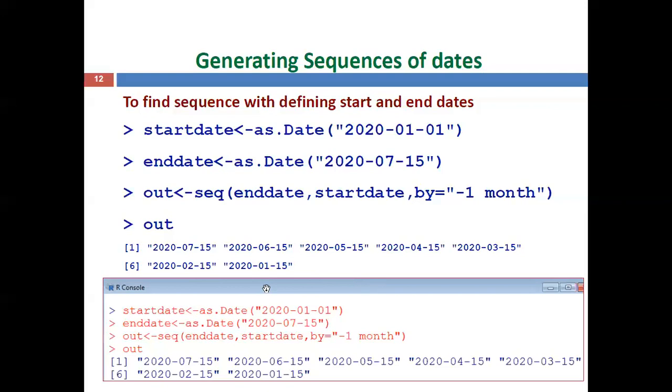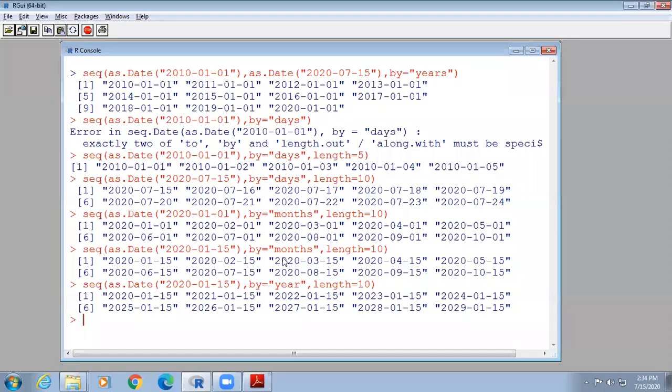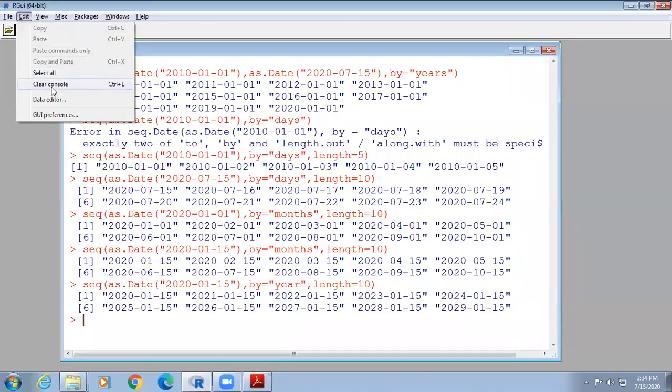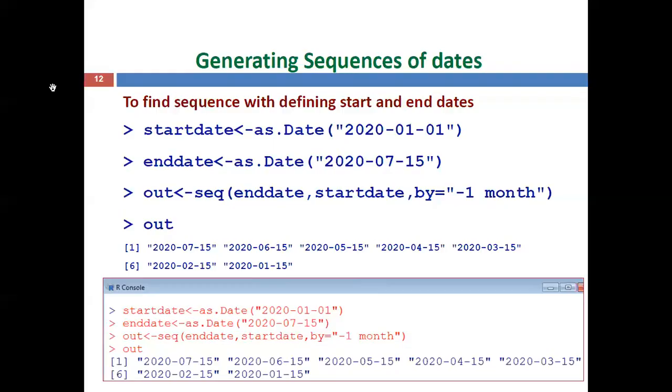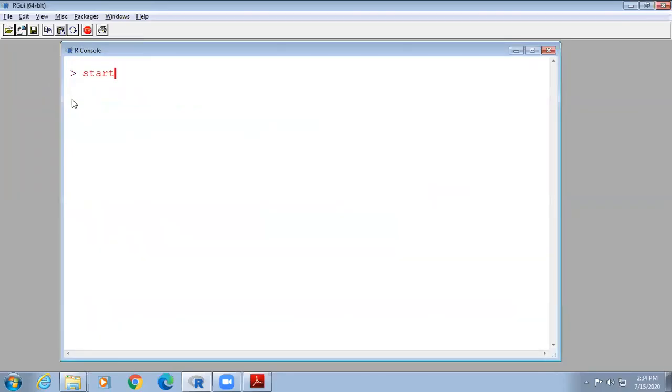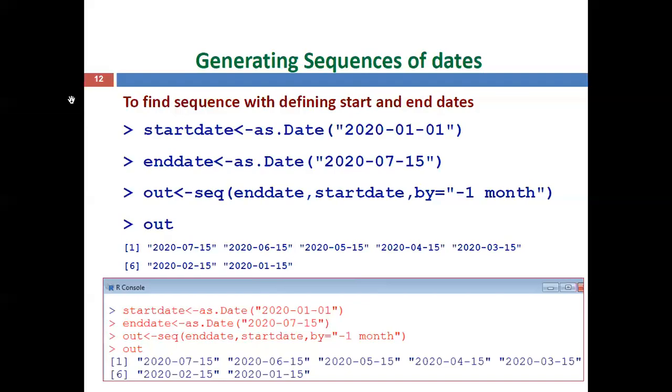Now we'll also demonstrate this one. So you can assign a particular start date and a particular end date. Then you can execute this one. First clear the console. So first assume start date equal to as.Date. Simply you are storing the date value in one variable. So here what is the start date given?